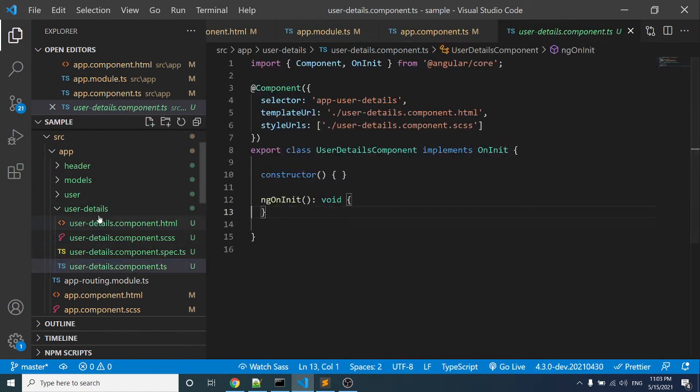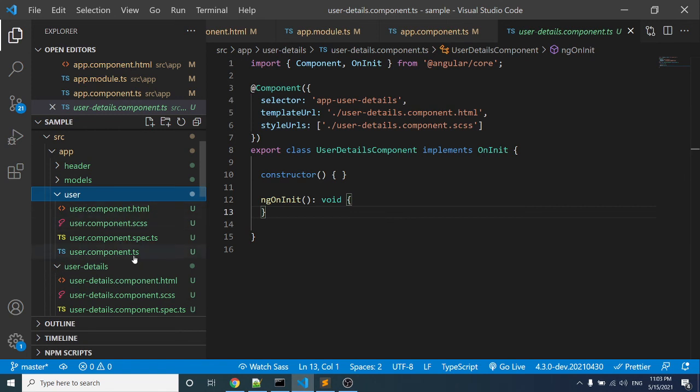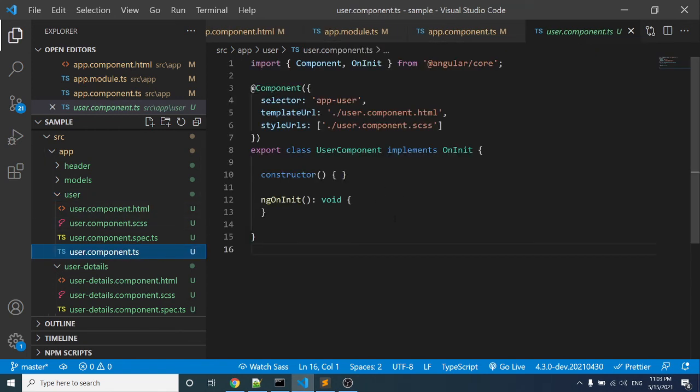Inside the user component.ts, this is the generated code from the CLI command. ngOnInit is the lifecycle hook which is called on the initiation of the component. This is the better place to make API calls, fetching data from the database on component load.